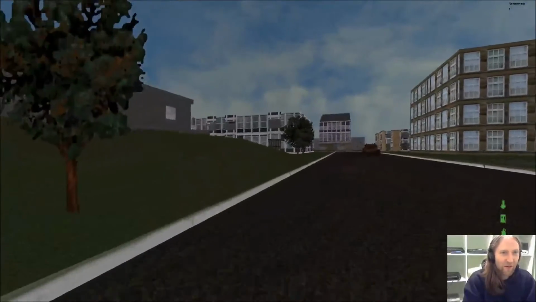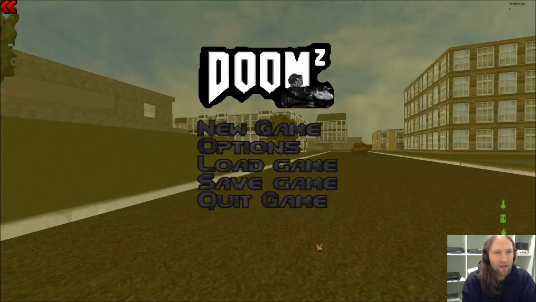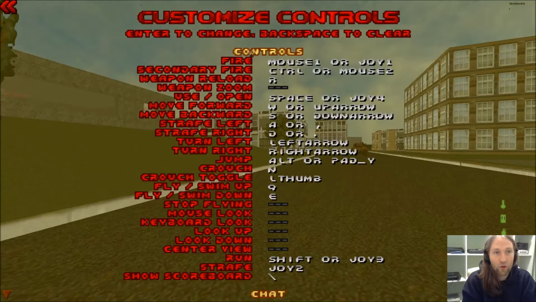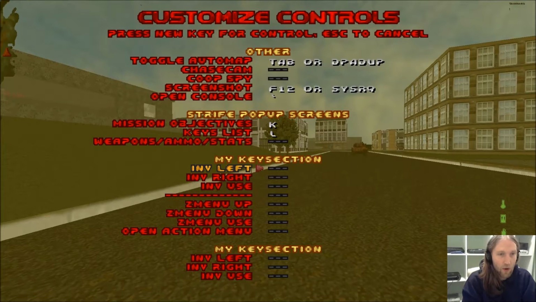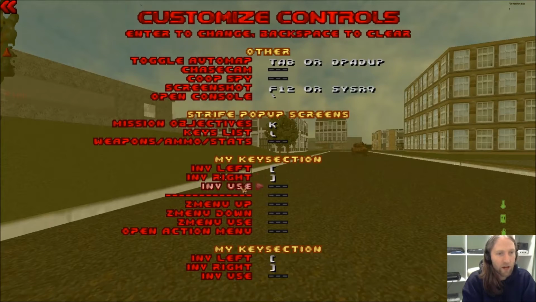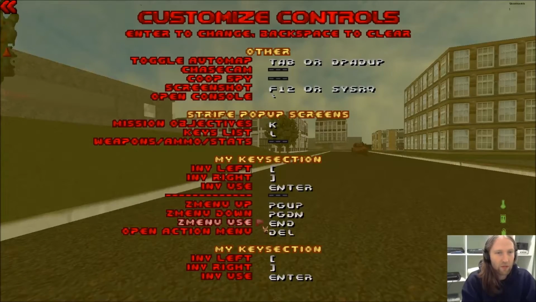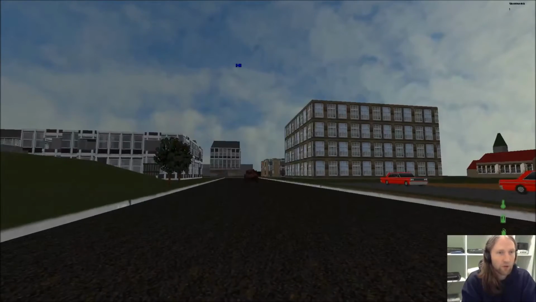So the first thing to show is the actual menu, in which DoomZ Doom, for some reason, keeps wiping the controls each time. So these are the ones that you'll need to set up. If you go right down to the bottom, you've got inventory left, which I set to be the square bracket left, inventory right, square bracket right. In views is enter, menu up is page up, menu down, page down. Use is end, and delete is open action menu, which is the menu which I was showing for sending messages through, which will show a bit of